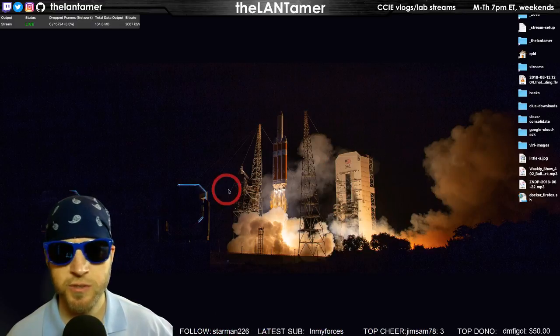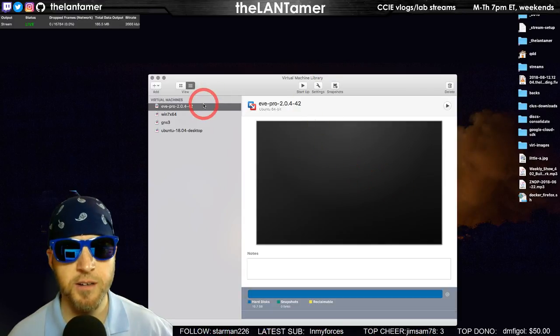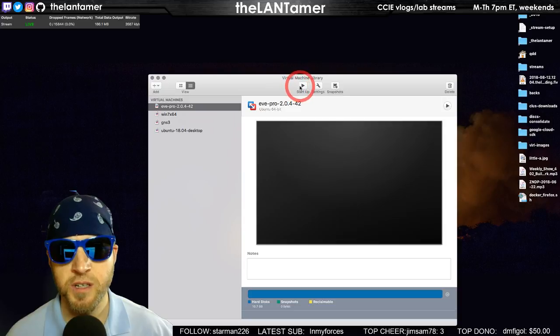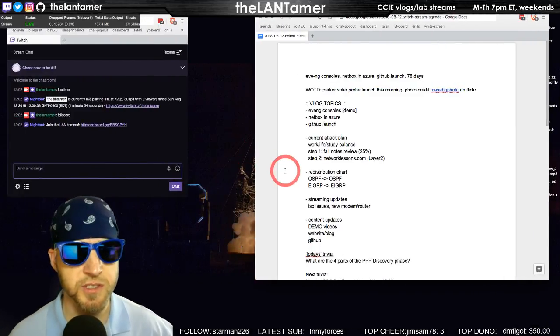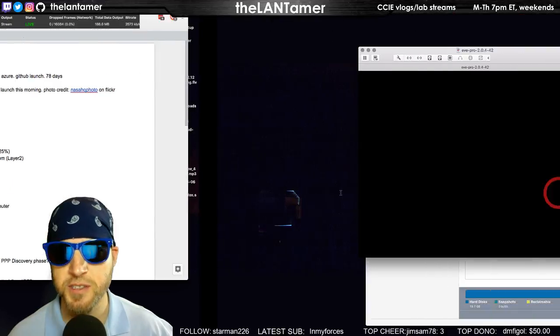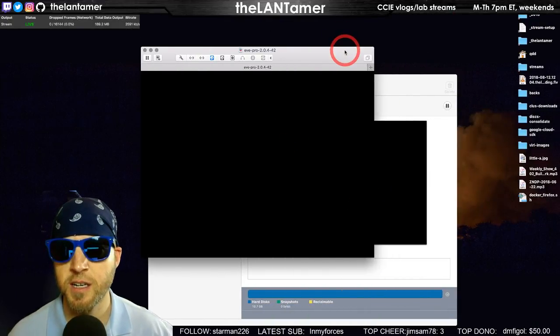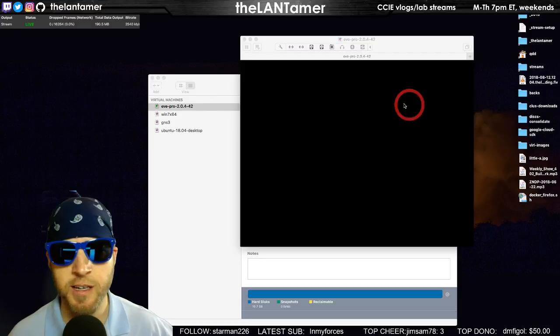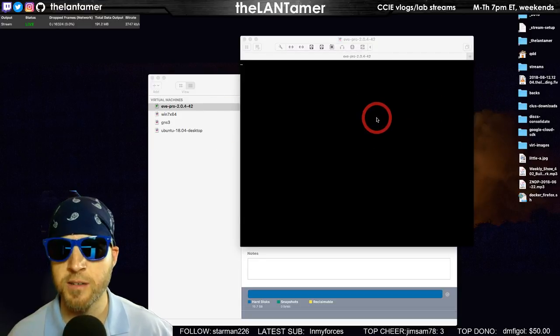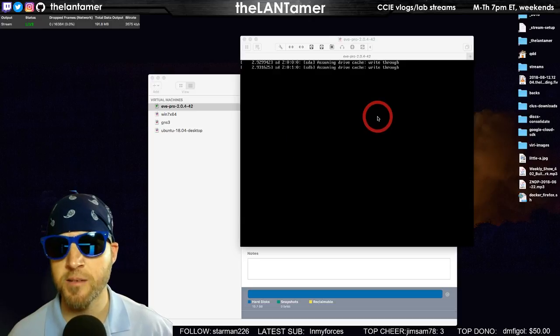I upgraded to Mac OS X High Sierra this week because I started to have some issues with the Mac that I think were attributed just to some incompatible software, to be honest, or some older software, I should say. So I went ahead and upgraded. I took the plunge, even though I've been holding back. Generally, I would always upgrade Mac software whenever I had an update. I had that full confidence.